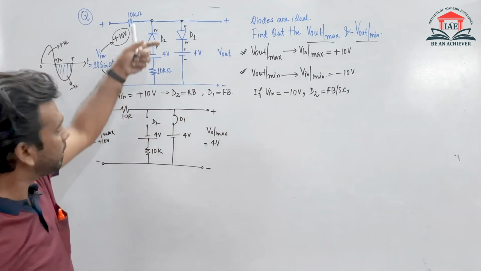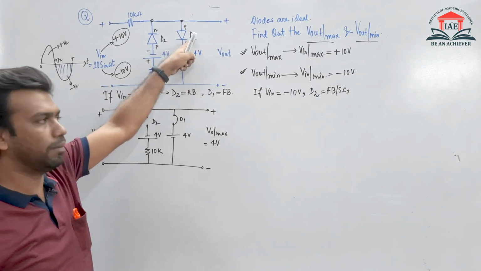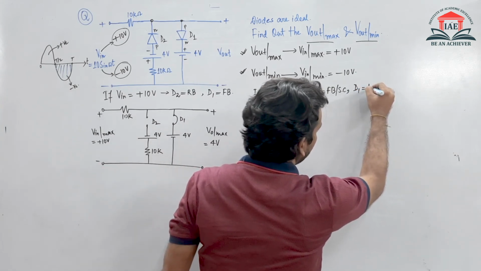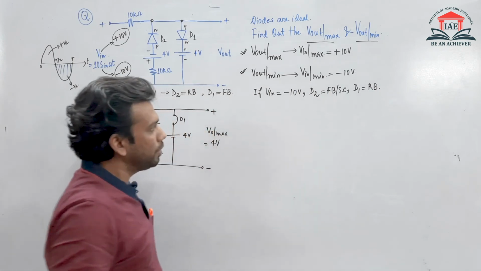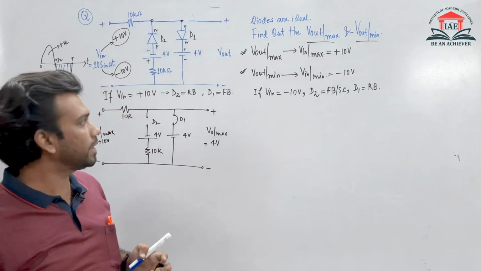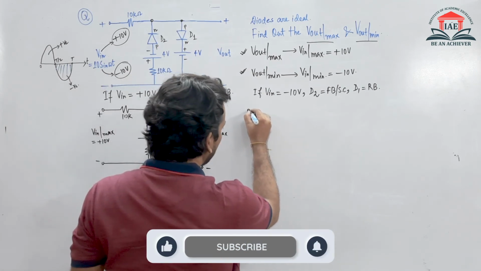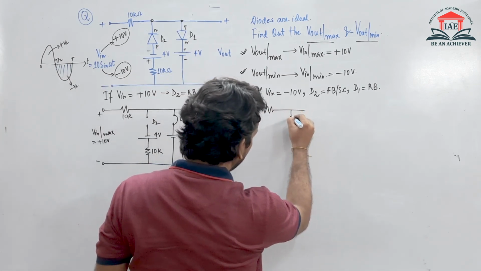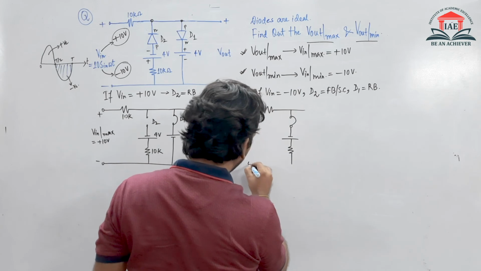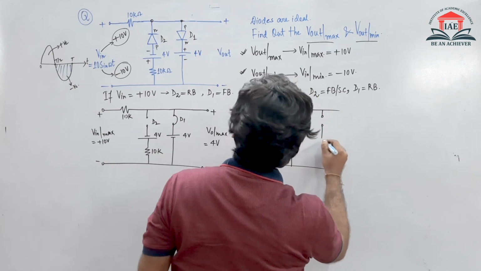Now if you look at the D1 diode, P side में आपका -10 connected है और N side में +4, so D1 will obviously be reverse bias. So if the D2 is forward bias and the D1 is reverse bias, what will be the equivalent circuit? So ये मेरा शॉर्ट सर्किट हो जाएगा, ये मेरा ओपन सर्किट हो जाएगा. So draw that circuit. आपका जो सर्किट आएगा कुछ इस तरीके का आएगा. यहाँ पे आपका शॉर्ट सर्किट, यहाँ पे एक वोल्टेज सोर्स, यहाँ पे 10 किलो ओम like this, and यहाँ पे आपका ओपन सर्किट and there was a 4 volt here.